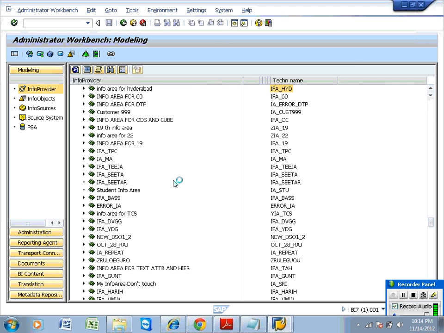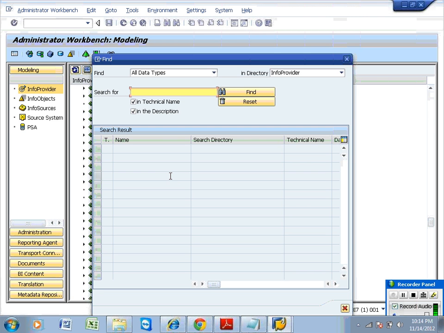Let me search for application component. I think I have provided information like this.